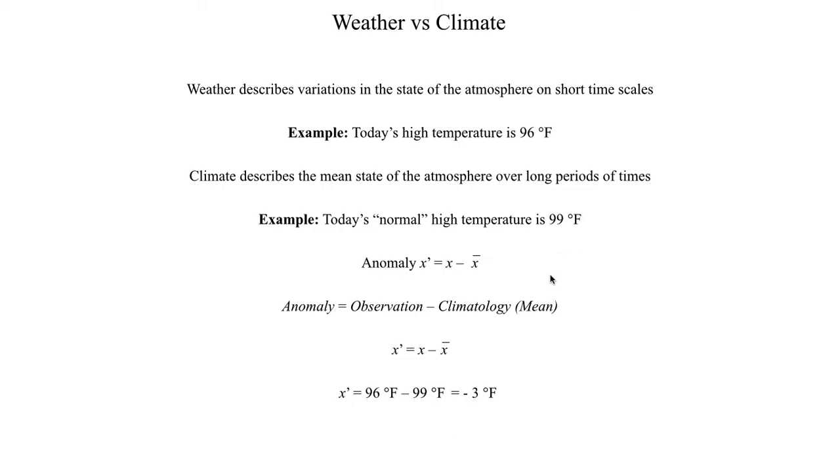All those basically represent the same thing, and we get a value of minus 3 degrees Fahrenheit. And by the way we define anomaly, if you get a positive anomaly, that means you've got an observation that is above normal. And in this case, we had a negative anomaly, which tells us that our observed value is in fact below normal. So we got an anomaly of negative 3 degrees Fahrenheit, which basically tells us that our high temperature was below normal, which we can also confirm just by a visual inspection and using some basic logic.